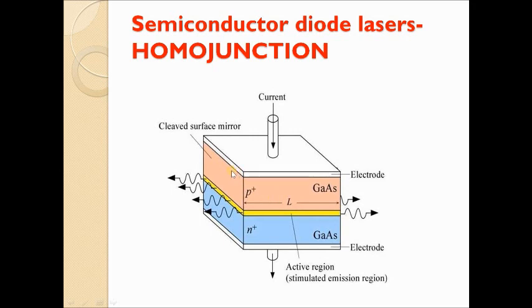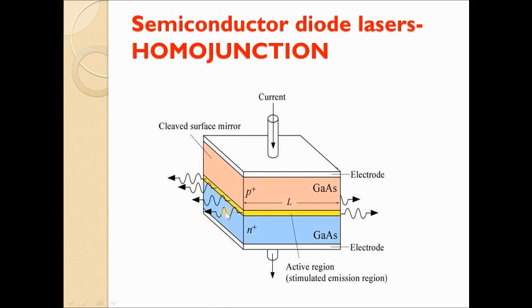and the crystals are cut in the form of a platelet. The metal electrodes are connected to both the upper and the lower regions of the semiconductor diode, and the forward bias voltage is applied through these metal electrodes. Forward bias means the p-type material is joined with the positive of the battery and the n-type material is joined with the negative of the battery. Now, the photon emission is stimulated in this very thin single layer of the p-n junction.